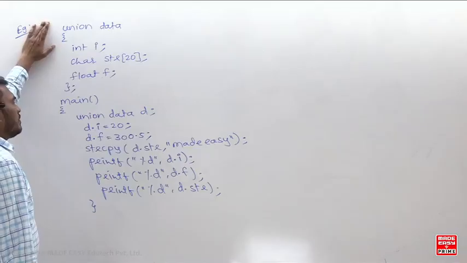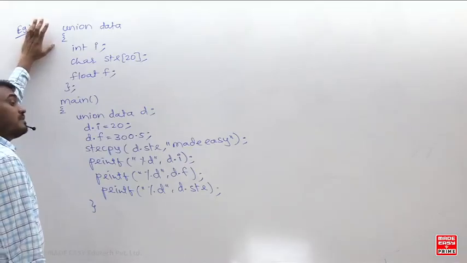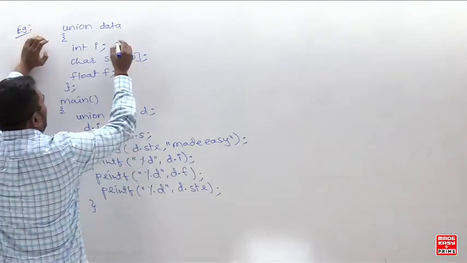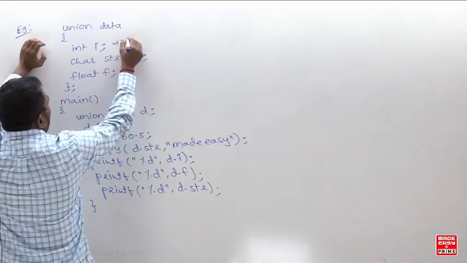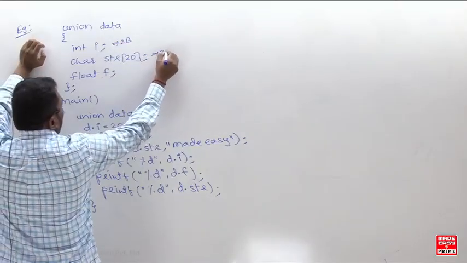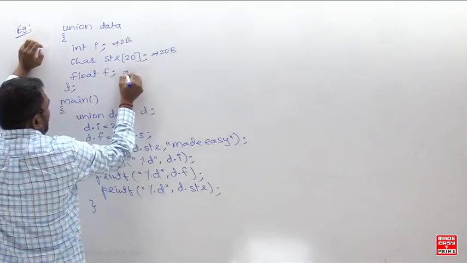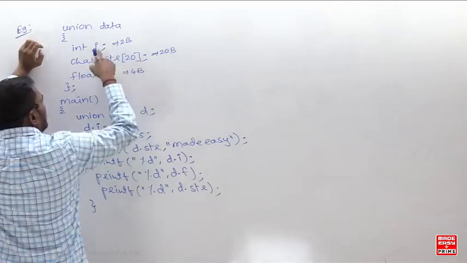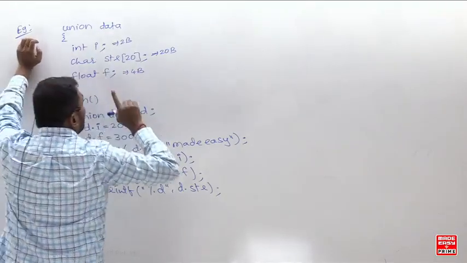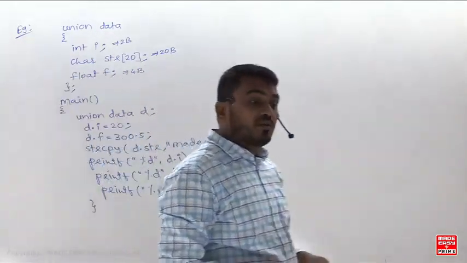In the union, size of the union will be what? Maximum size of the member variable. Now look here. So this will take how many bytes? 2 bytes. So this will take what? 20 bytes. And this will take what? 4 bytes. Okay. So in case you create a union variable,